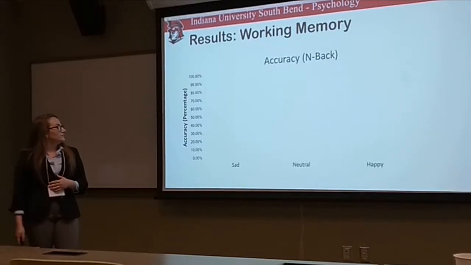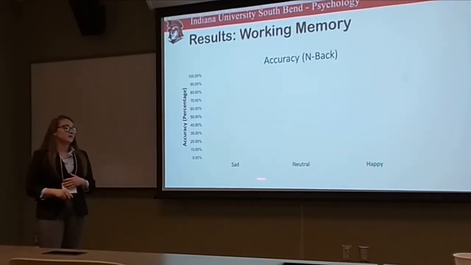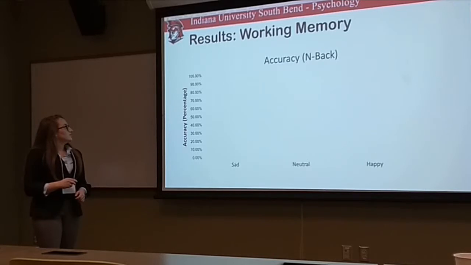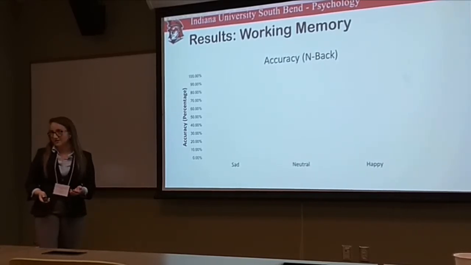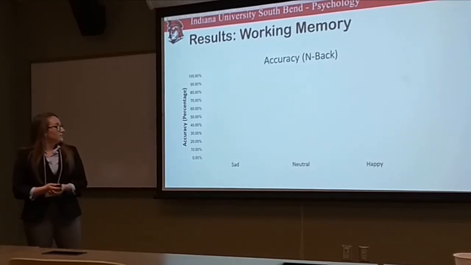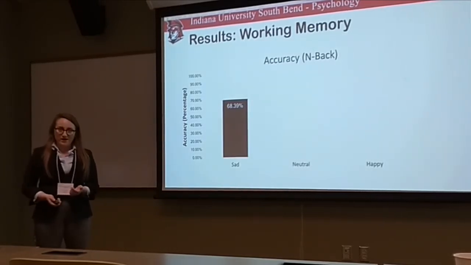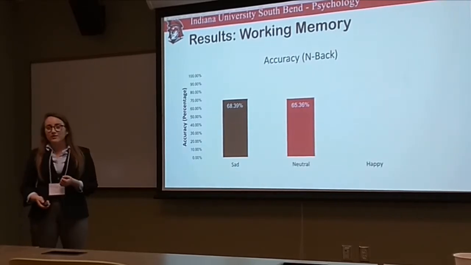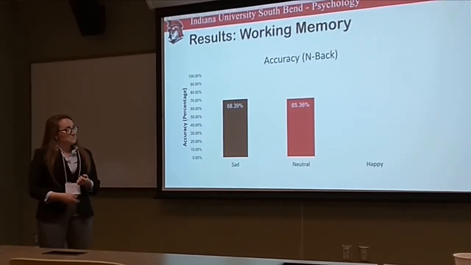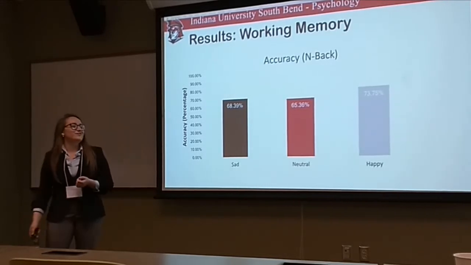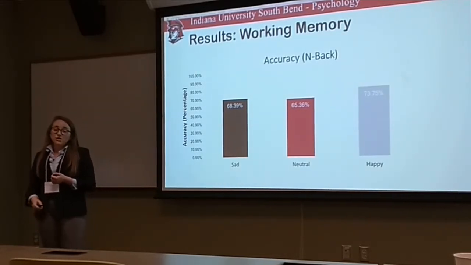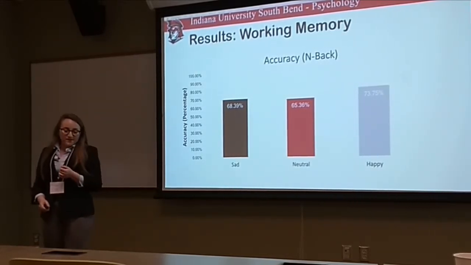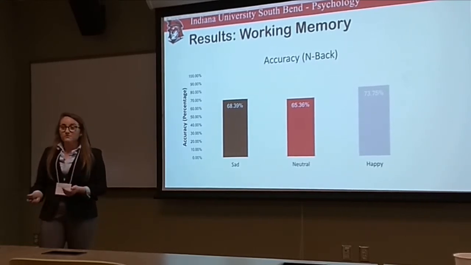Now for working memory, we have the same conditions on the bottom. And on this left axis, we have accuracy, which I measured in percent accuracy. So the sad group, 68.39% accuracy. The neutral group at 65.36. And the happy group, 73.75. So this is interesting because the neutral group actually did worse than both groups, which we